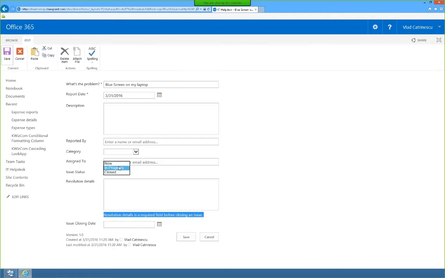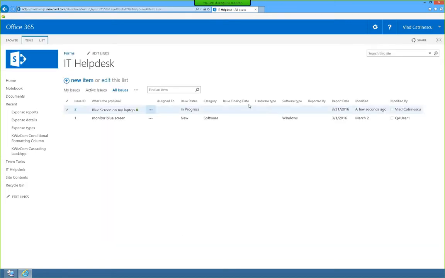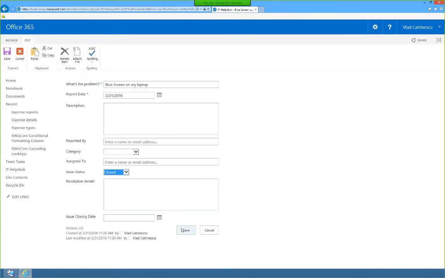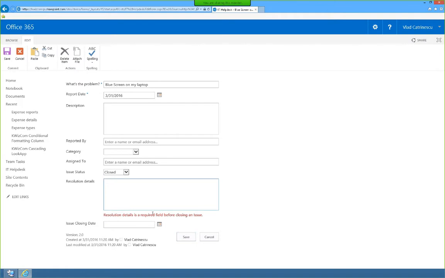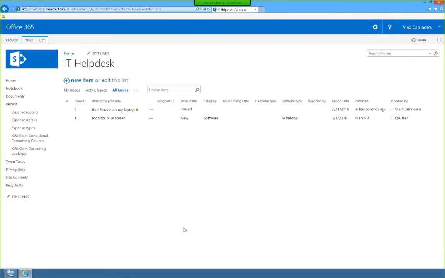If I put it to something else, for example, in progress, I'm able to save it no problem. But if I try to put it in closed, edit item again, and I try to save it without a resolution, I will have an error. If I put, let's say, a video driver was corrupt, my field now has something, I click on save, and it worked. So this is how you can dynamically make fields required